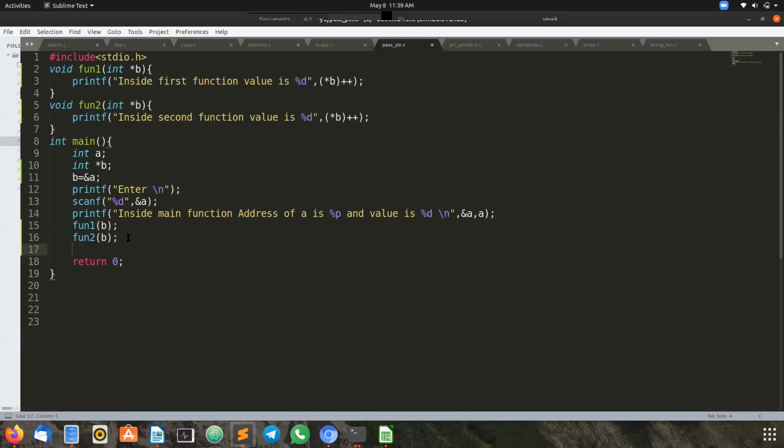After incrementing, I want to print in the main function. I'm just putting it after all. The value of A I am printing here. If the session ends suddenly, you join using the same link again.